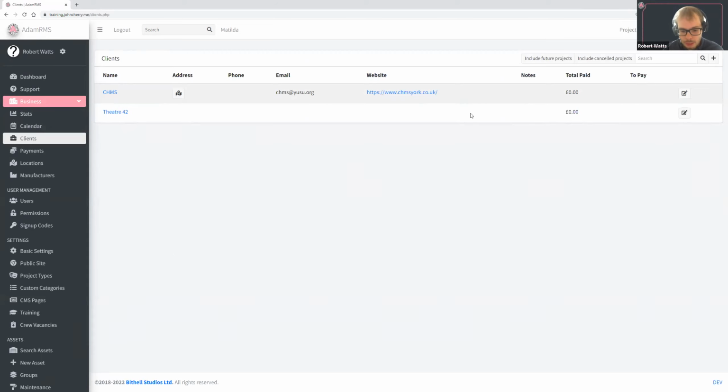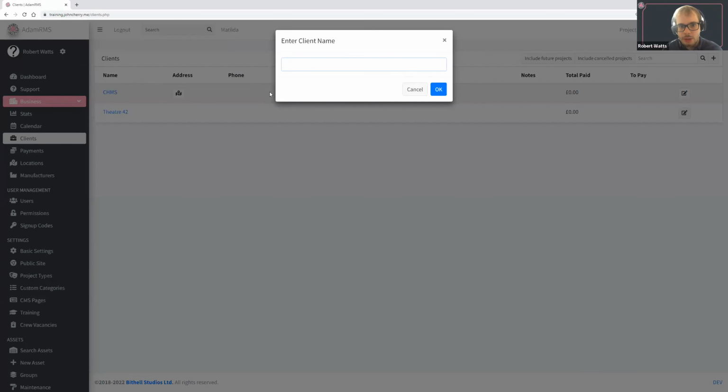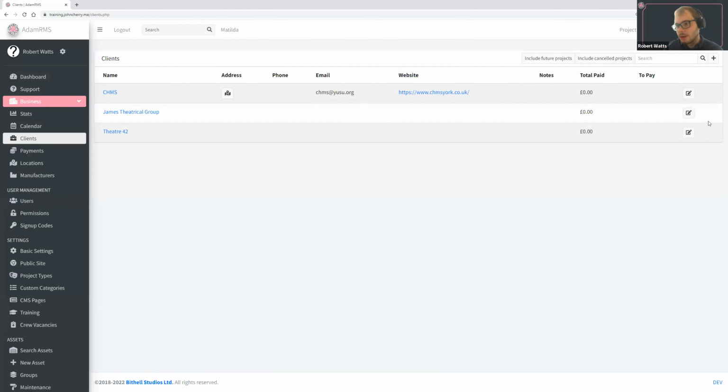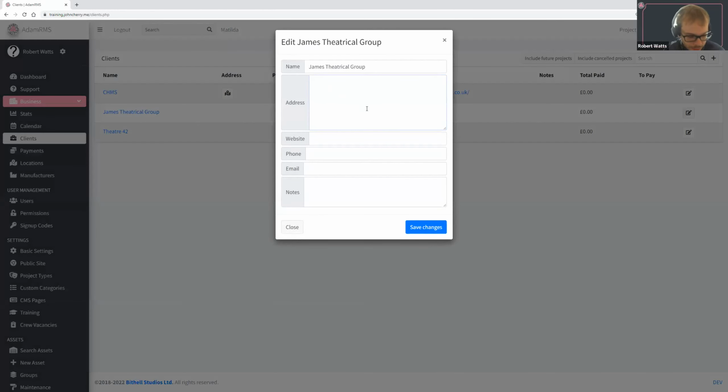We can see quite easily how much they've paid and how much they're due to pay in the future. We can see notes on them, and we can look at their addresses if we need to. I can create a new client really easily called, I don't know, James's theatrical group, and then I can go in and edit them, and I can add their address in